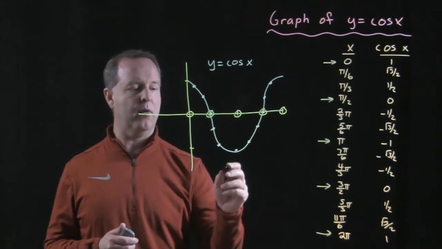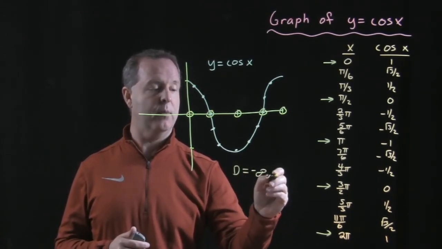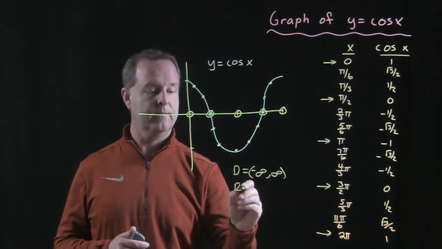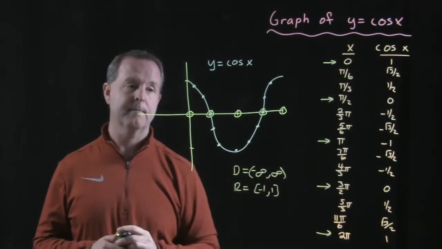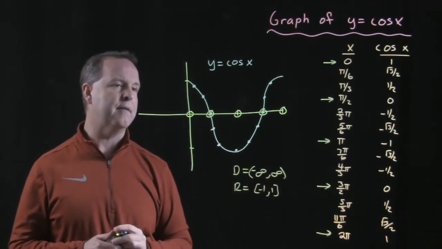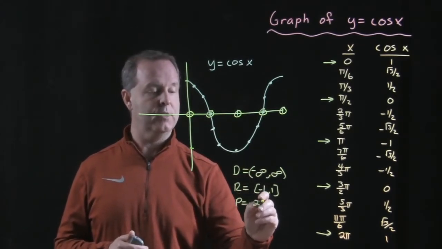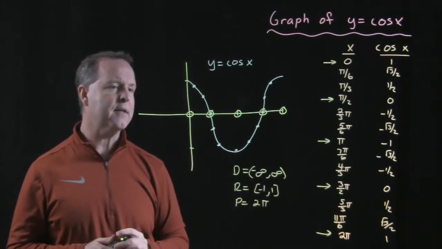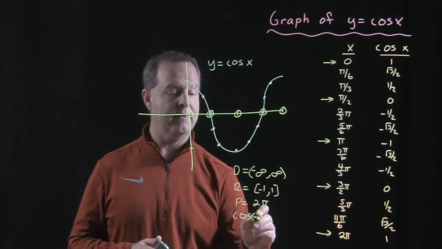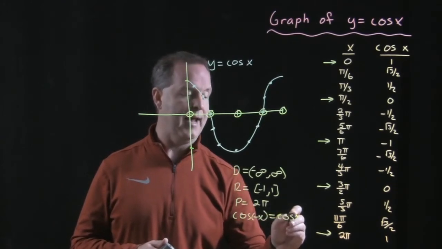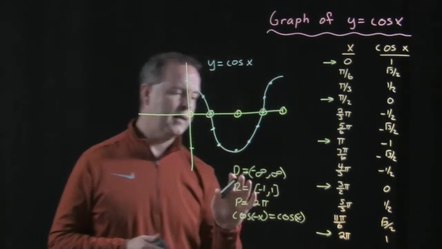Things we need to be aware of or keep in mind: we have a domain that reaches all the way in both directions. We have a range that's restricted from -1 to +1. We have a period of 2 pi in a normal graph, so period equals 2 pi. And then the cosine graph is an even graph, because we would know that the cosine of -x equals the cosine of x. So those are some of the key points that we take into account as we look at